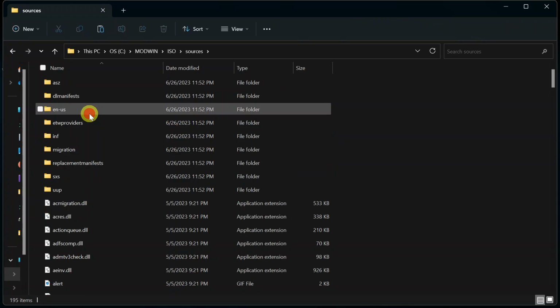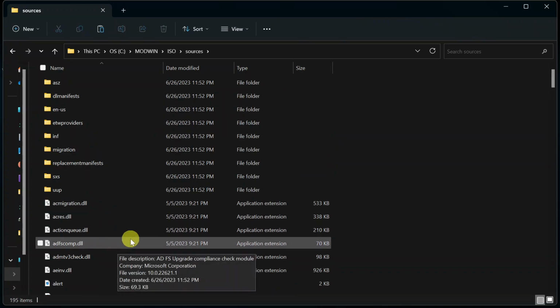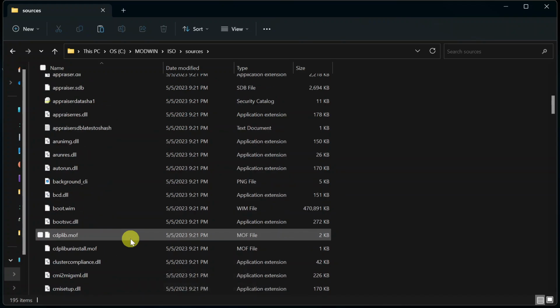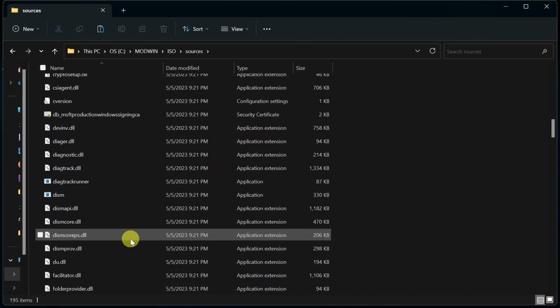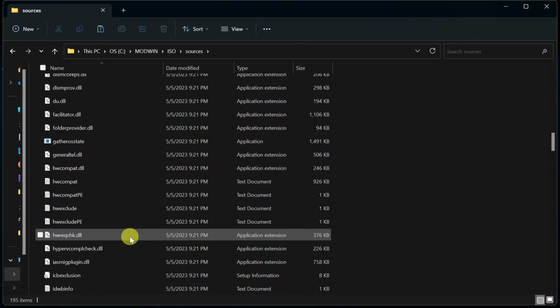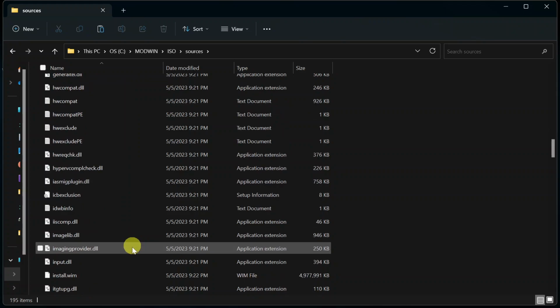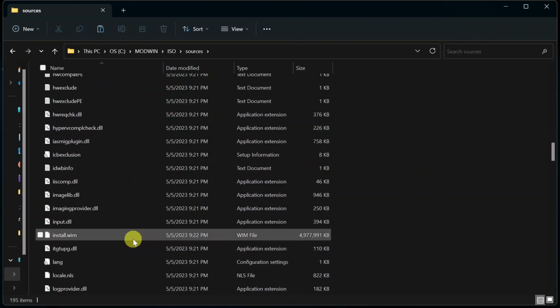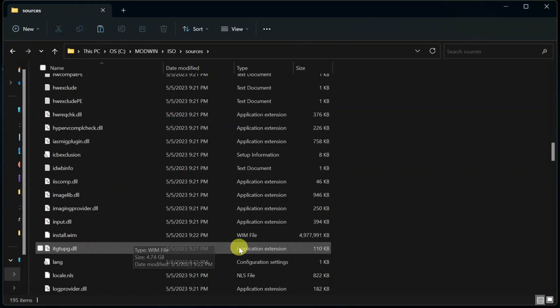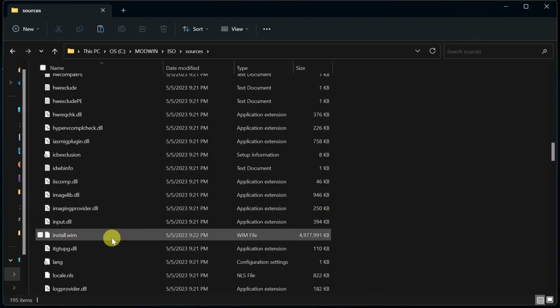Look for the sources. When you open sources, scroll down and look for a file that has the word install. Okay, so if you see here, I have install. Now if you look at install, I have install.wim, meaning that the file I have is a WIM file. If you have an ESD file, it is going to show you